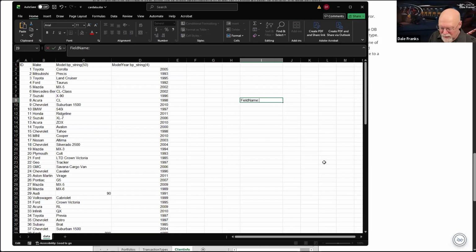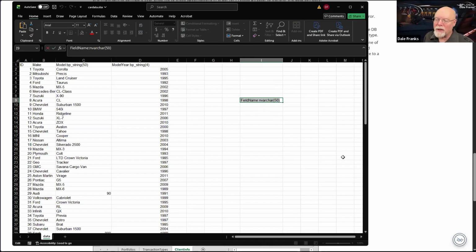I can actually say decimal 14, comma 2. Or I can say varchar 50. That will work as well. That's just specifically knowing what the SQL data type is.